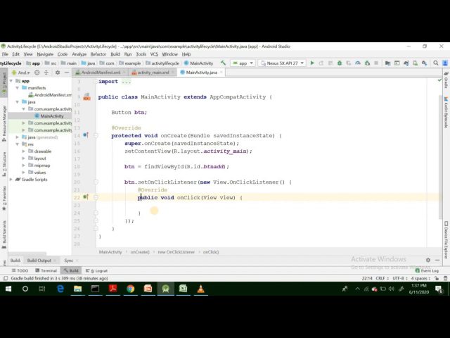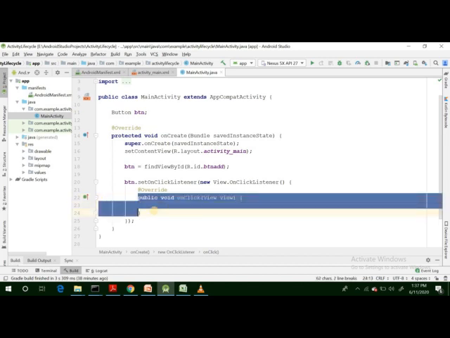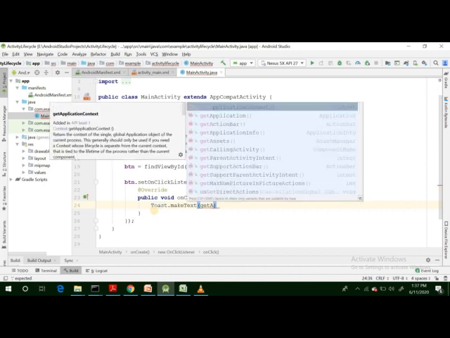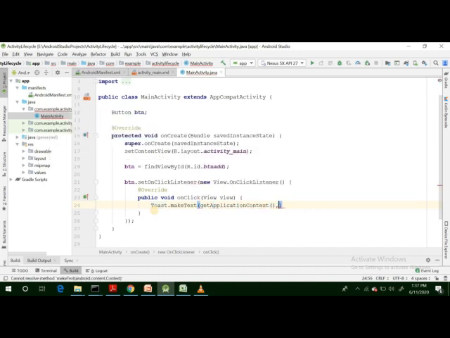This is the method in which we will write the logic behind the button. We can simply say that when we click the button, we need to show a toast that will tell us that the button was clicked.